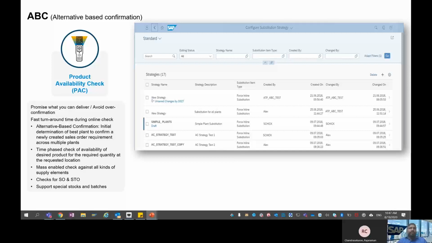It also supports a time-phased check of availability of the desired product for the required quantity at the requested location. Additionally, it checks for planned sales orders or stock transfer orders, and also checks for special stocks and batches.